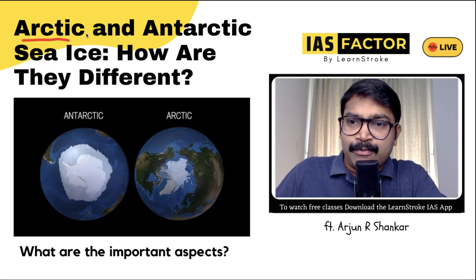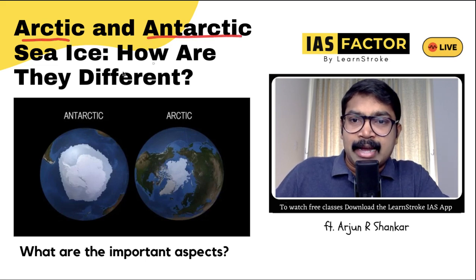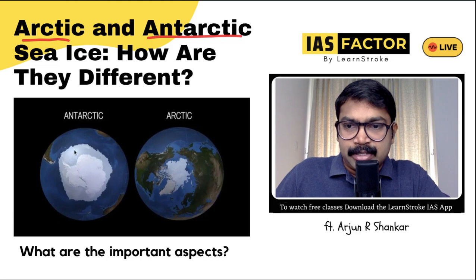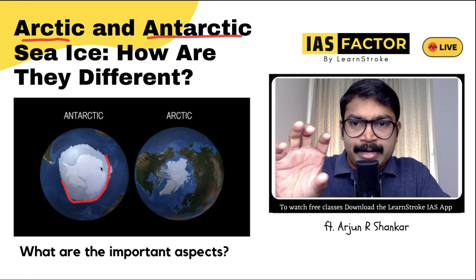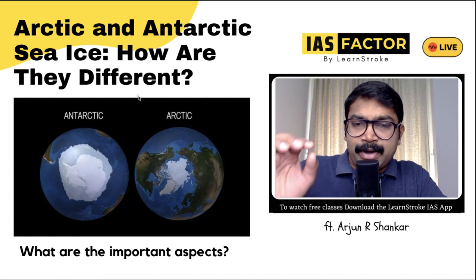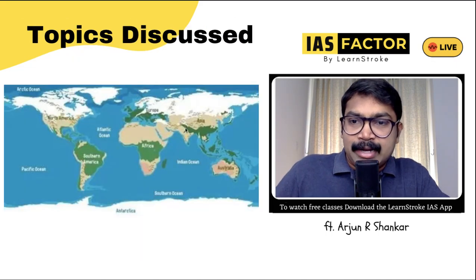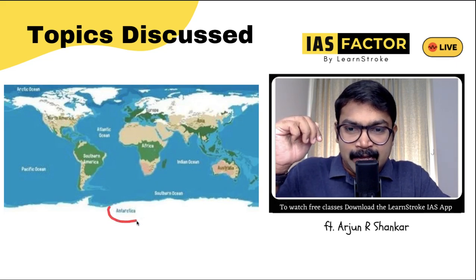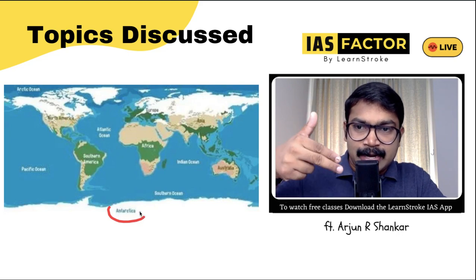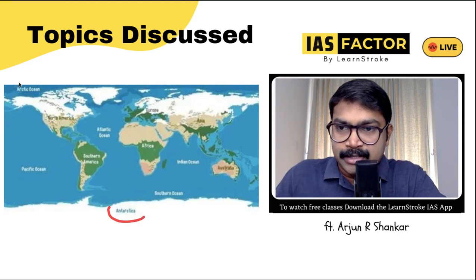Now let's understand what is the difference between Arctic and Antarctic ice. Look at this, the Antarctic ice. Look at this picture very carefully. The Arctic is more sparsely located, so it's more densely. So why are they different? Or where are the Arctic and Antarctic? Let's understand. When you look at the map, please understand that Antarctica is on the southern side, and you can see on the topmost side, this is the Arctic Ocean.